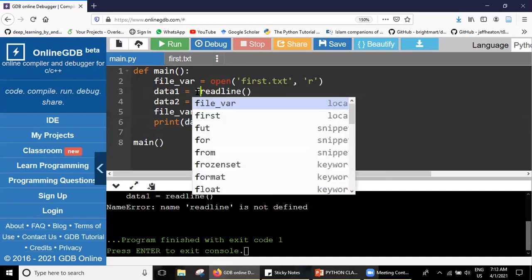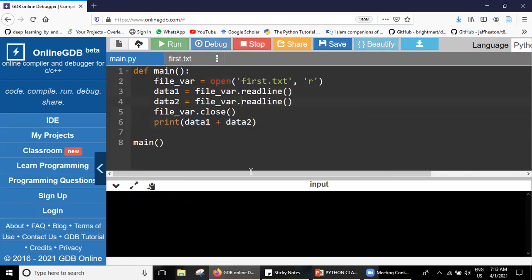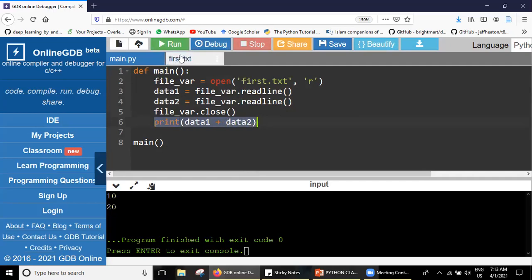Sorry. I have to access the read line using the file variable, right? I have missed the file object. File object dot read line. This time I am reading the data. What it gave me is not data 1 plus data 2 as a sum, but instead just 10 and 20 as it is.